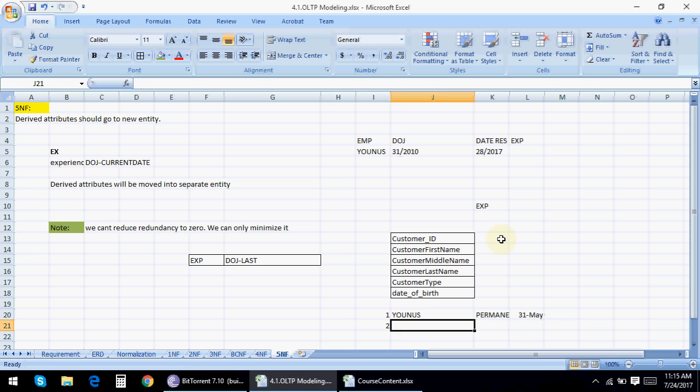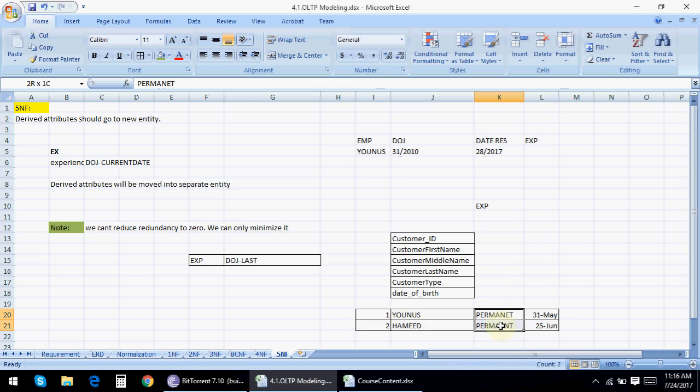Now the second data I am entering, his name is Hamid, he is also a permanent customer, and his date of birth is 25th June. Now you can see one thing here. Despite my tables being normalized, the value permanent or temporary is still there in the table.